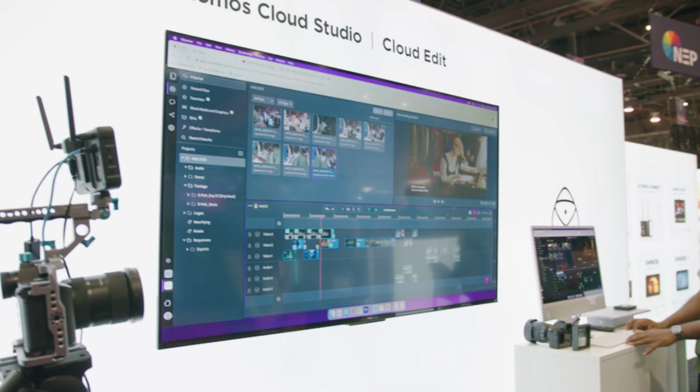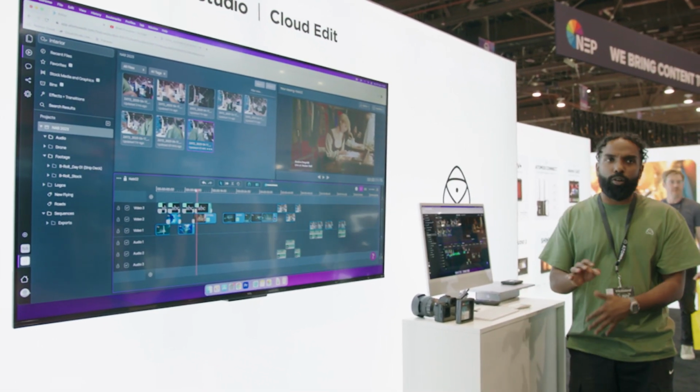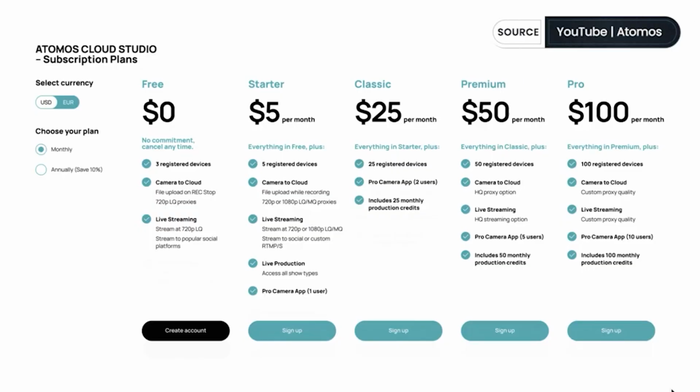I'm here with Paul from Atomos, and we're going to talk about some cloud updates. Yeah, we've got a lot of updates for NAB this year. So let's start from the beginning. We're expanding our Cloud Studio offering. Cloud Studio has been around for a few months now. We've made some massive improvements to it. We've launched a new, really cost-effective subscription service, which opens up a whole lot of new features for